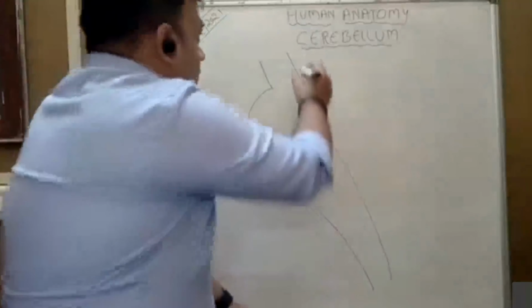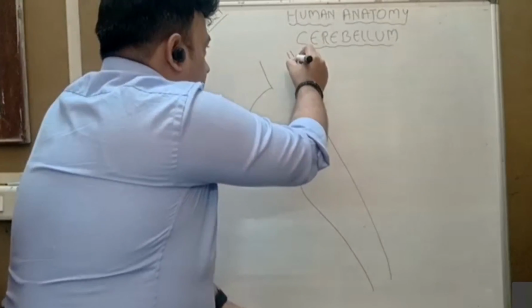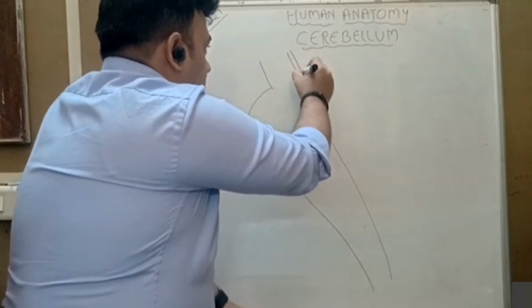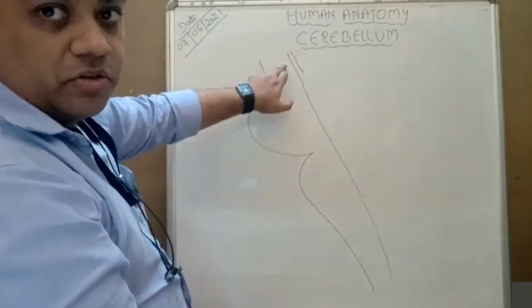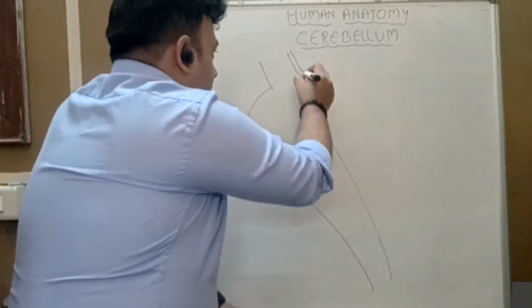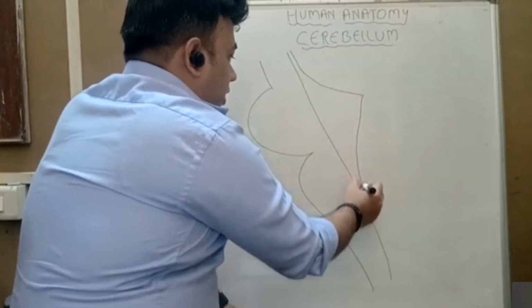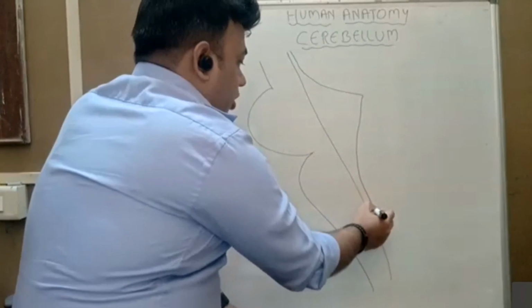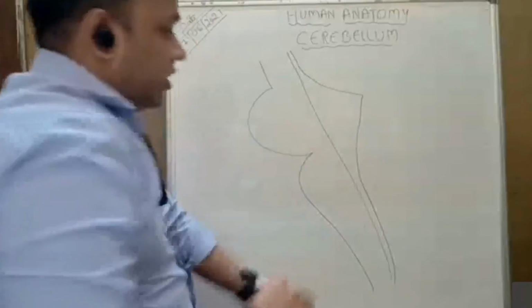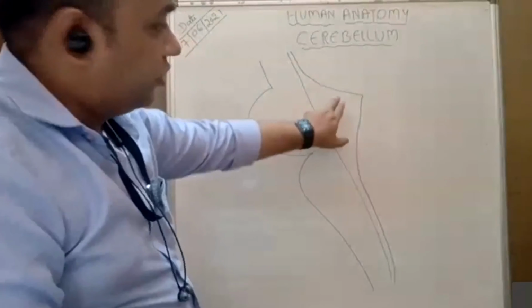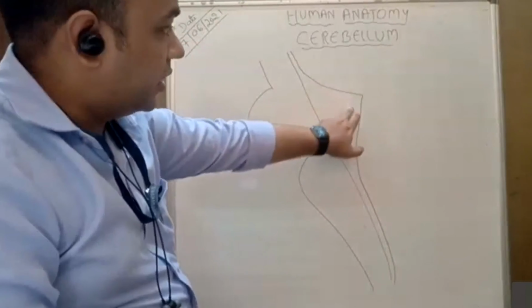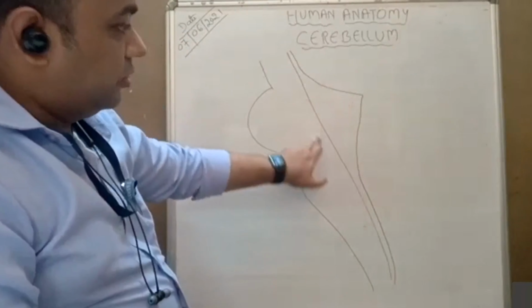Fine. In the midbrain, there will be the cerebral aqueduct of Sylvius, which will enter into the fourth ventricle. This is the roof of the fourth ventricle, and again, in the lower part of the medulla oblongata, it will continue as the central canal. This is the fourth ventricle. We already saw the fourth ventricle. These are the roofs. This is the floor.